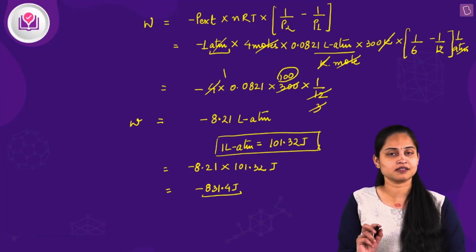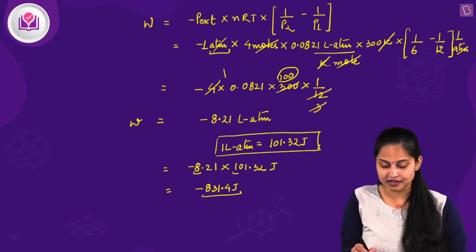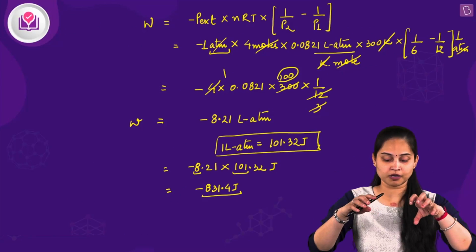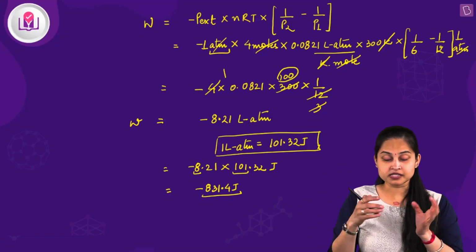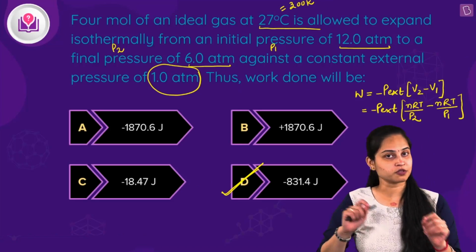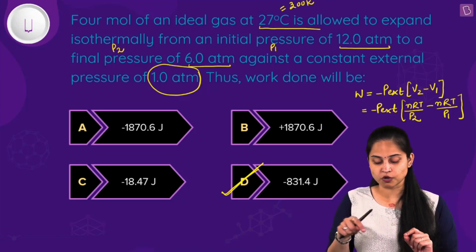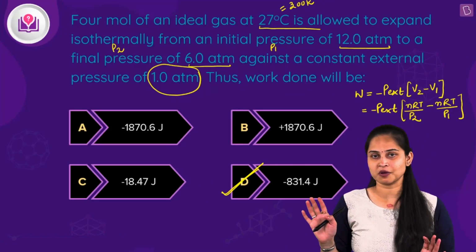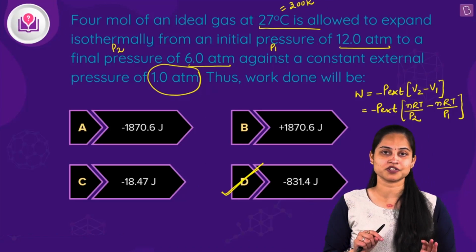Multiply it, you will get the answer. Because it's 8 and it's 100, the answer will be approximately near about 800. Since there are decimal points, so more than 800. Okay. So over here, the only option which matches with the approximate answer of ours is option number D only. So we'll mark straight away option number D, which is the right answer to this question.